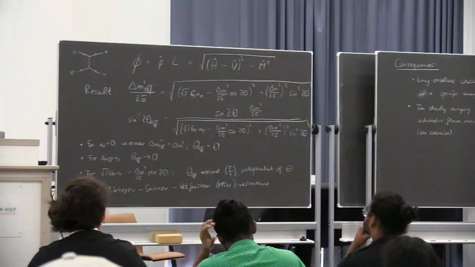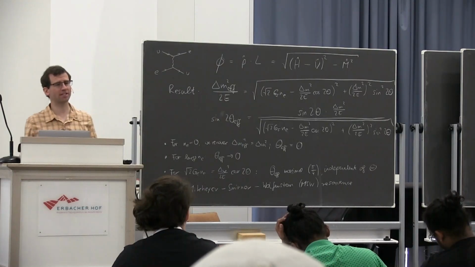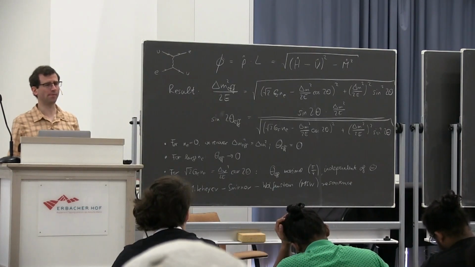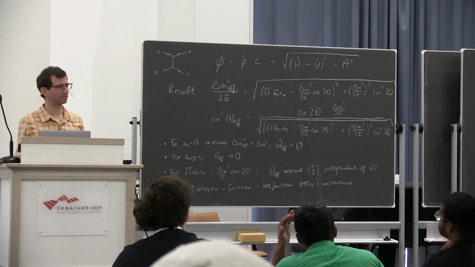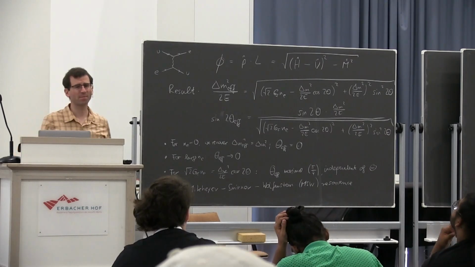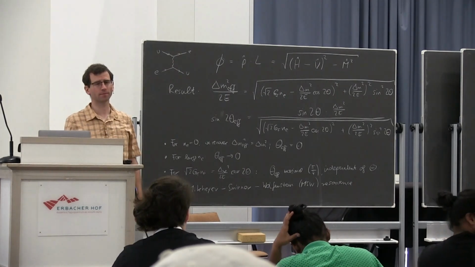That's it for wrapping up the MSW effect. Do you still have questions on neutrino oscillations, meta-resonances, and so on? Yeah? I maybe didn't understand why in the center of the sun it is specifically a nu2